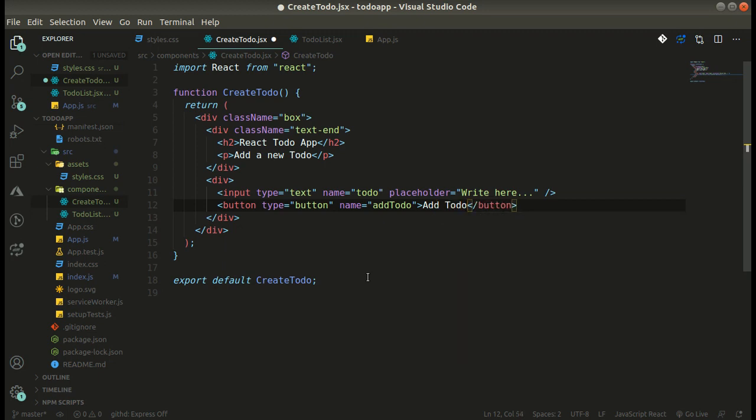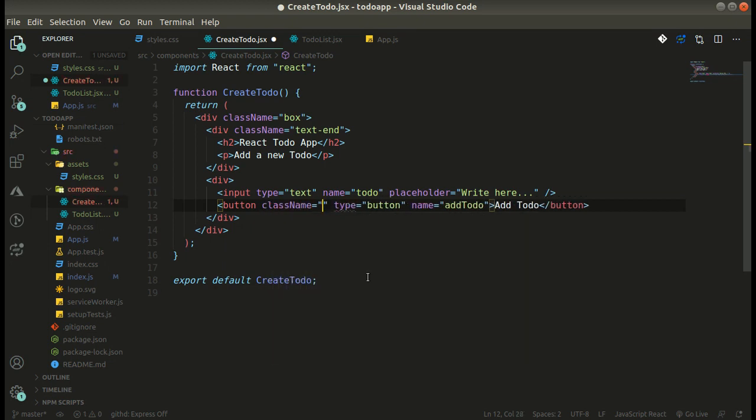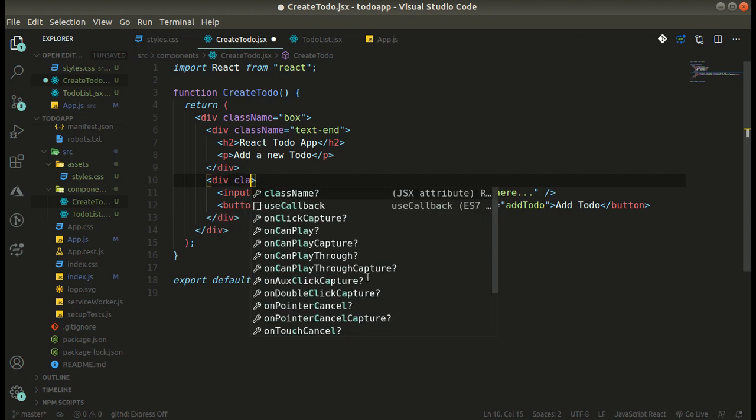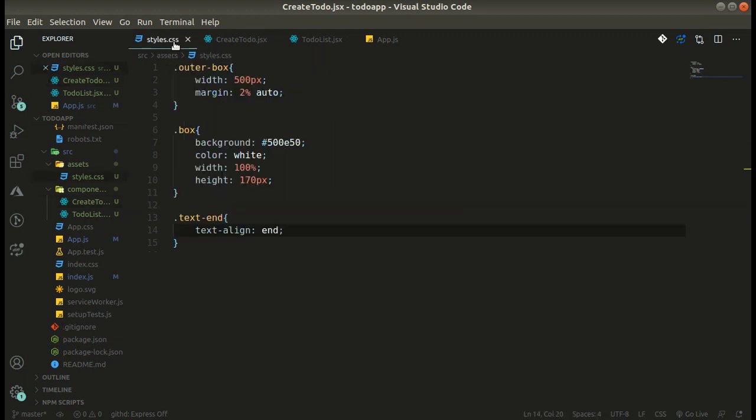The class will be button add to do. And this div will also take a class, let's give it text add to do. Friends, I'm not good at this naming convention, so you can give any name that you like.